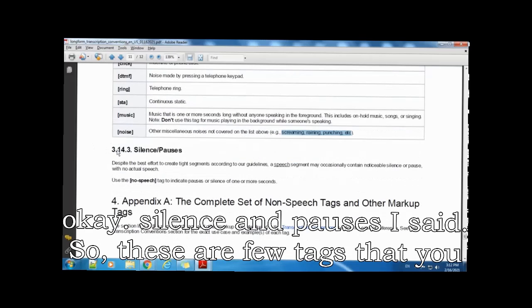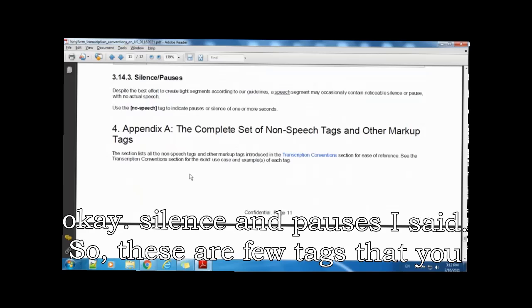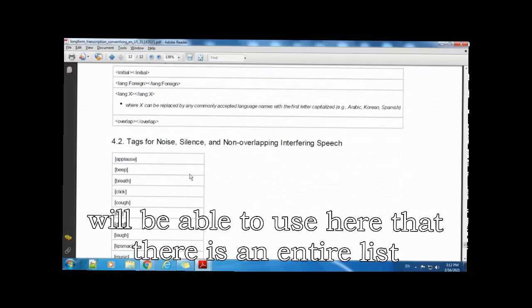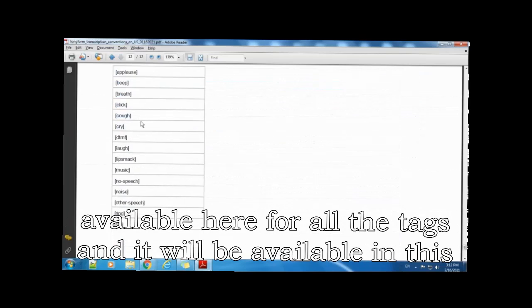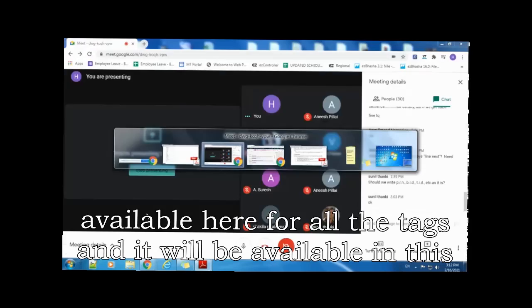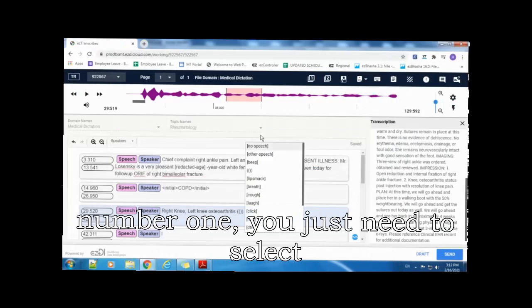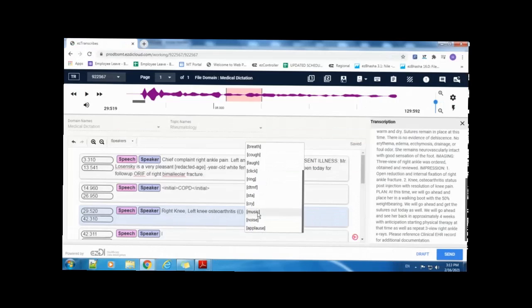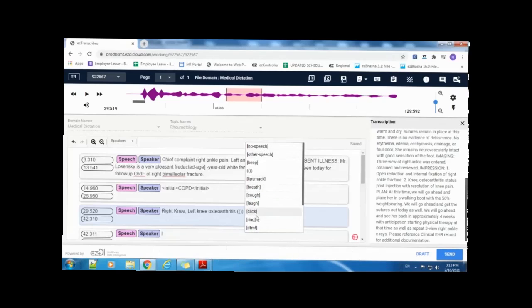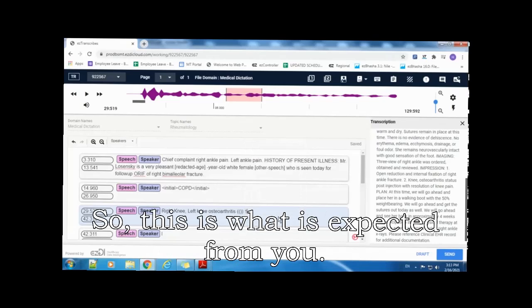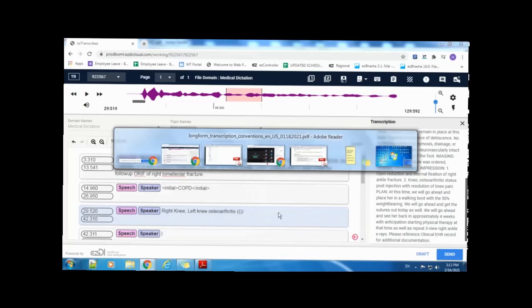Silence and pauses, I said. So these are a few tags that you will be able to use here. There is an entire list available here for all the tags, and you just need to select the appropriate tag for what you hear. So this is what is expected from you.